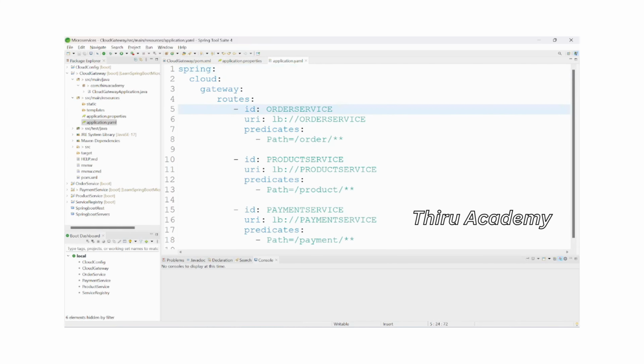If it's order service, we have discussed the order service application, right? That application name ID is order service, and the URI is the load balanced URI of order service. If the URI mentioned in that URL is order service, we need to check that path also. If a request comes with order slash anything, we need to send the request to the order